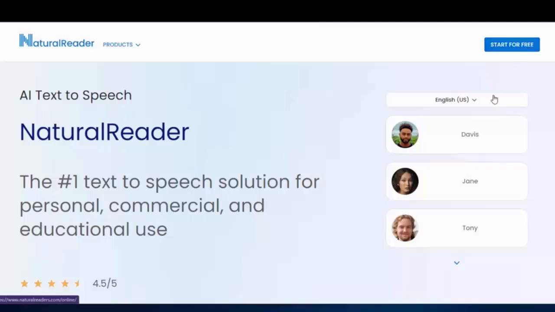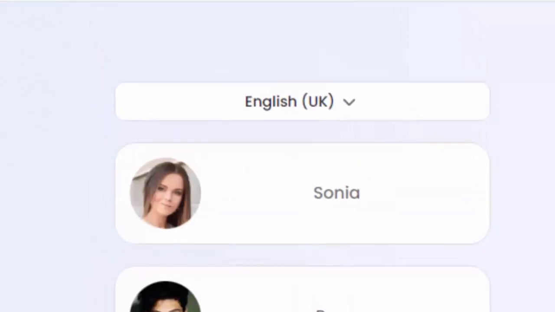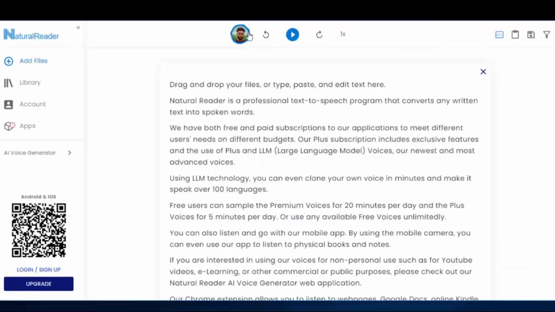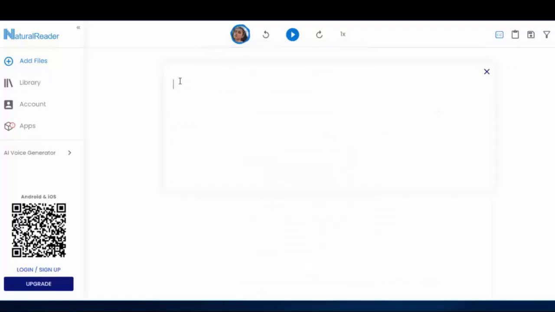Natural Reader is used to convert text to spoken language. Choose language, choose a speaker, female or male voice, insert the printed text